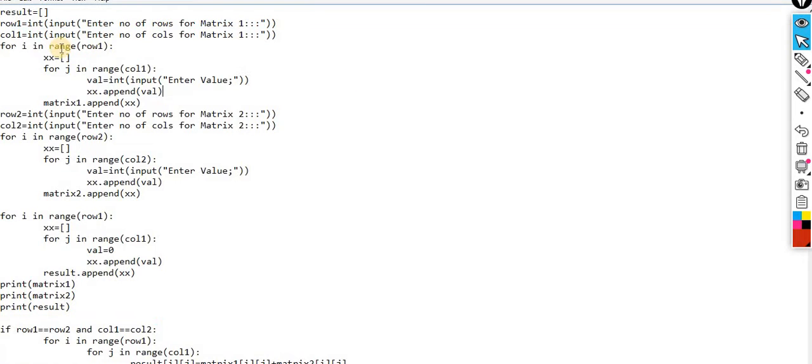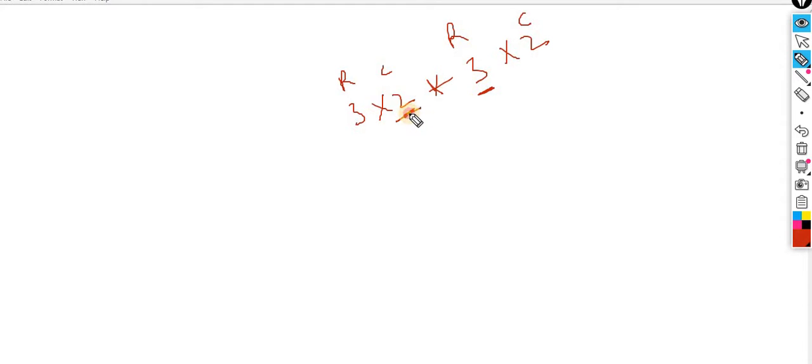Now I am going back to the new concept, that is matrix multiplication. So in matrix multiplication, let's suppose my first matrix is 3 by 2 and the second matrix is 3 by 2. Okay, so does the matrix multiplication happen or not? I suppose the matrix multiplication won't happen. What is the rule for the same? These are the rows, these are the columns, these are the rows, these are the columns. Okay, so the rule should be like this: this and this should be equal, I suppose. Yeah. Okay, and the output is 3 by 2.